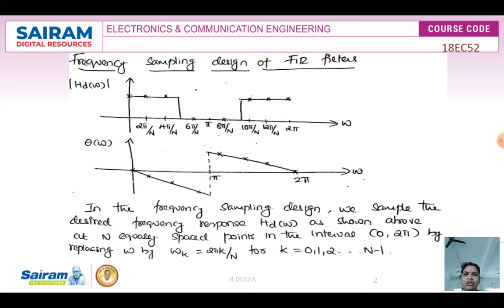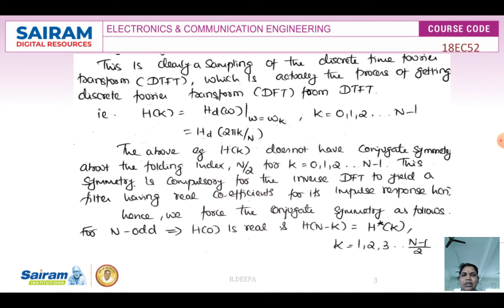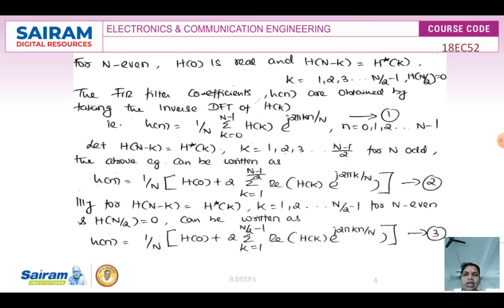Like that I am going to sample it, and the sample points are marked as cross marks on the frequency response graph. The same points I am going to extend for the phase response also. Again the same points with the same scale I have drawn the phase response, and we have represented the sample points on the phase response also. So this is how I am sampling the magnitude frequency response as well as the phase response of the FIR filter.